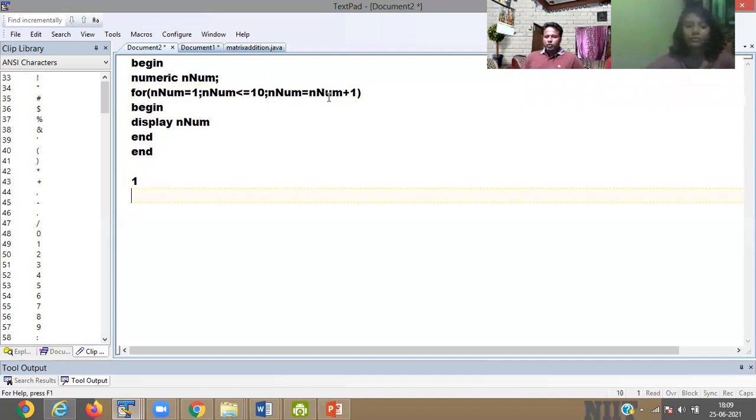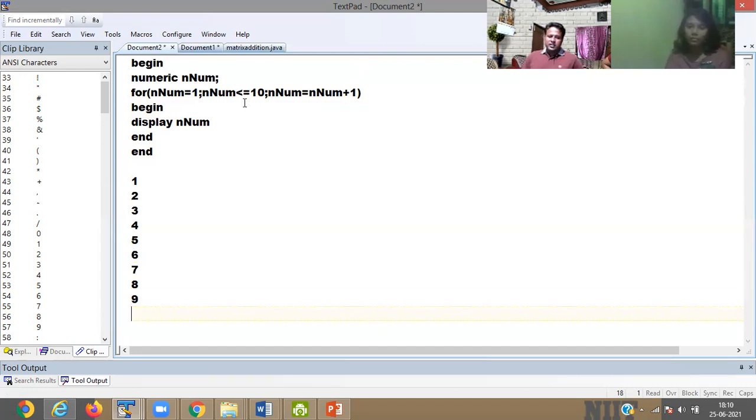Then 1 is incremented to 2, 2 is less than 10, condition is true, so it prints 2. 2 plus 1 is 3, 3 is less than 10, prints 3. 3 plus 1 is 4, prints 4. 4 plus 1 is 5, prints 5. 5 plus 1 is 6, then 6. 6 plus 1 is 7, then 7. 7 plus 1 is 8, 8. 8 plus 1 is 9, 9 is less than 10, condition is true.